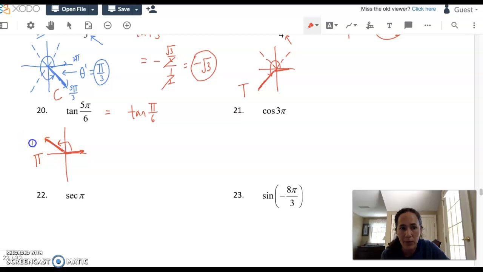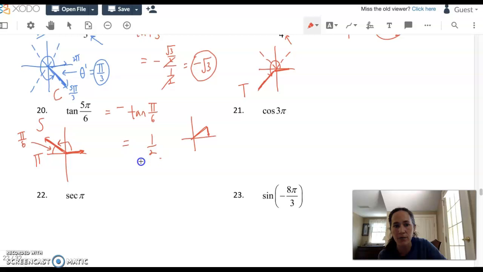And how much pi would get you back to a full pi here? If you've gone 5 pi over 6, you need 1 more pi over 6 to make that happen. Okay, but ASTC, tangent shouldn't be positive there. Let's keep it negative. Now we're working with pi over 6, which is just 30 degrees, where the y is